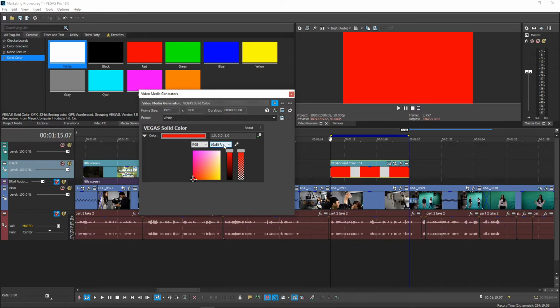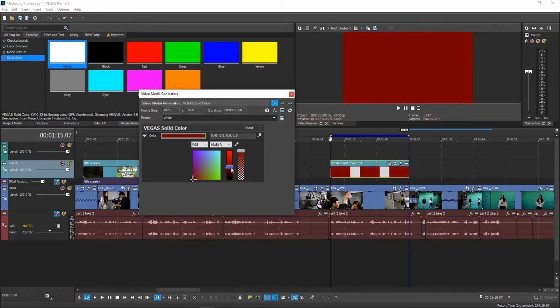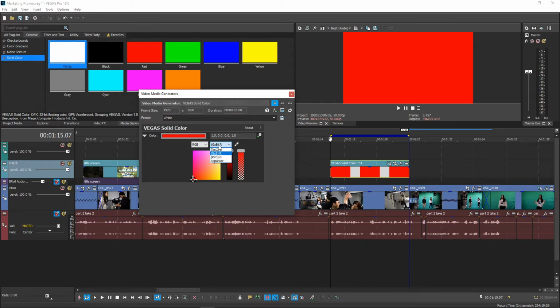If it says R, then your first slider will control the amount of red in your final color. As you move it, you can see the first number changing, but the others all stay the same. So back to the drop-down menu, you can choose to have the slider adjust B, R, G, or even separate, which will make them all sliders. This is really advanced, and you most likely won't need it.